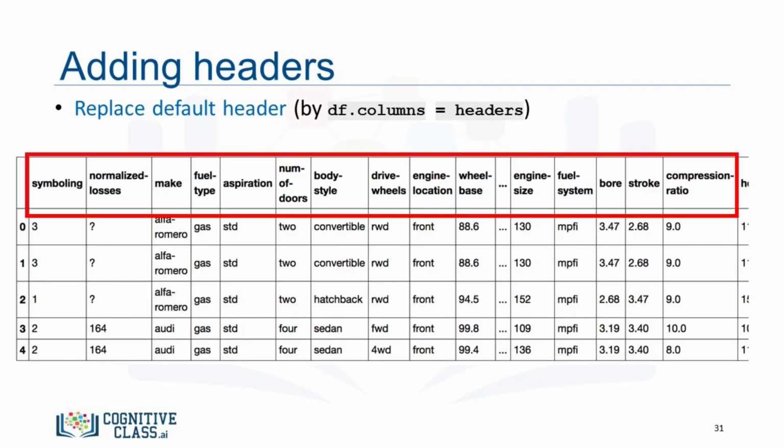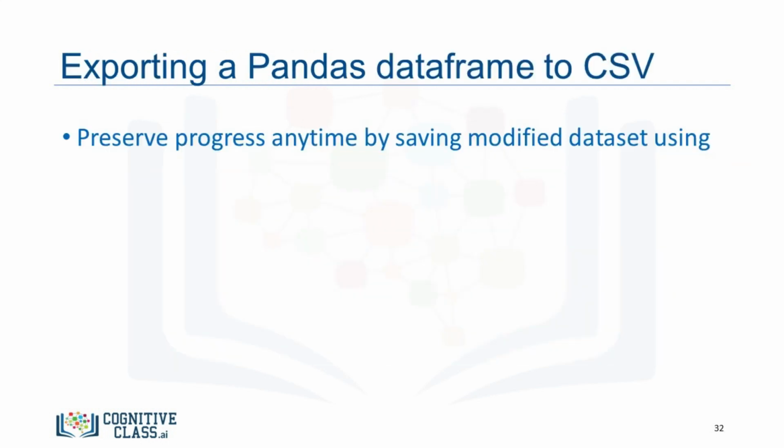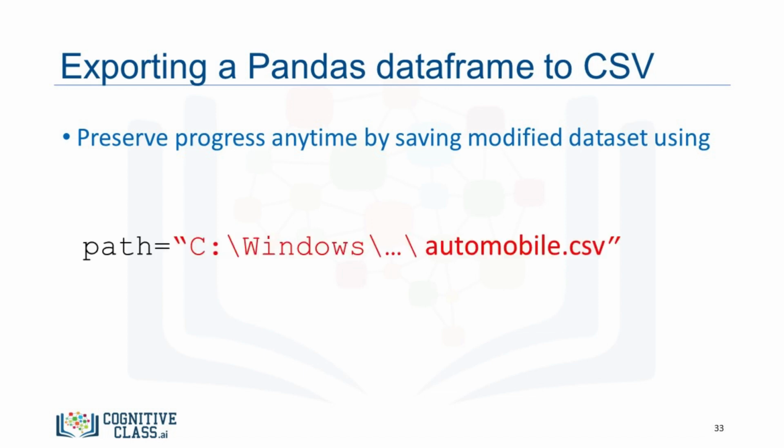At some point in time, after you've done operations on your data frame, you may want to export your Pandas data frame to a new CSV file. You can do this using the method to_CSV. To do this, specify the file path, which includes the file name, that you want to write to. For example, if you would like to save data frame df as automobile.csv to your own computer, you can use the syntax